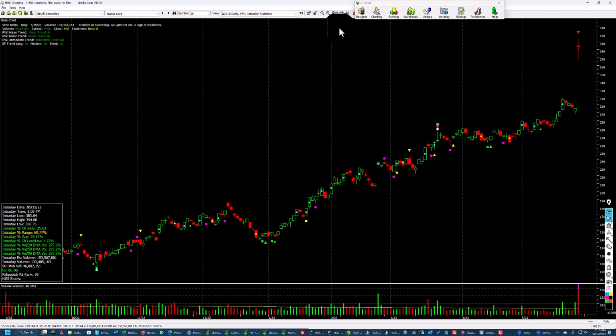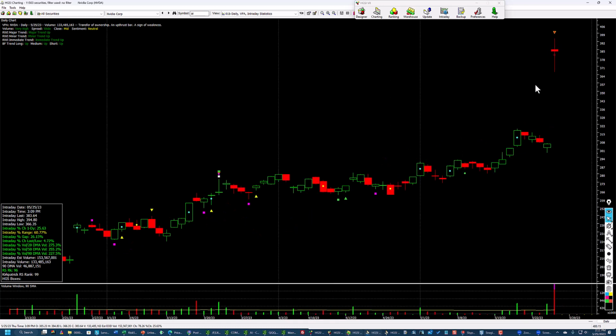Now, most people would not consider this a sign of weakness, but if you think about it, look at all this volume coming in here, and we have a spinning top now. There's a heck of a lot of sellers in here. Who knows if the sellers or buyers are really dominating at this point. It's just kind of an indecisive candle right now. I zoomed in on that by holding my alternate key and hitting my one key. Alternate 1 gets you into this level, and you can even go a little bit tighter by zooming. Now, actually, I guess you can't. I thought I could go in a little tighter. Anyway,